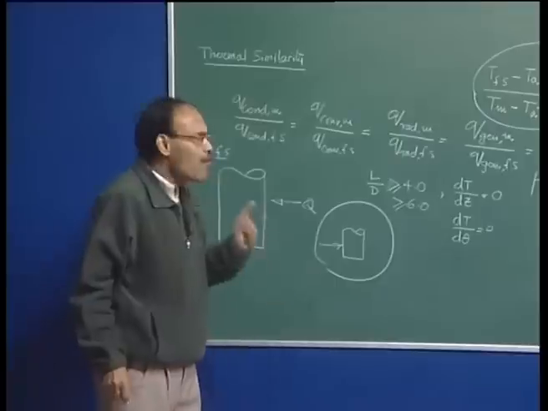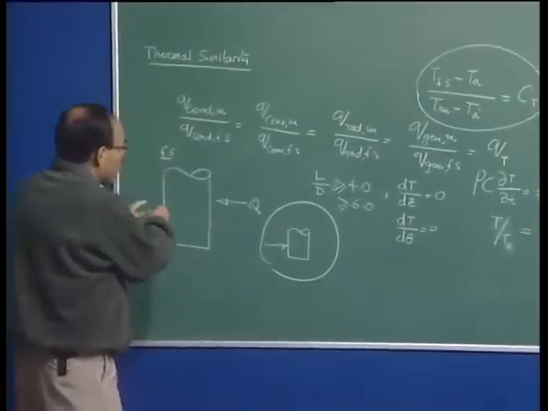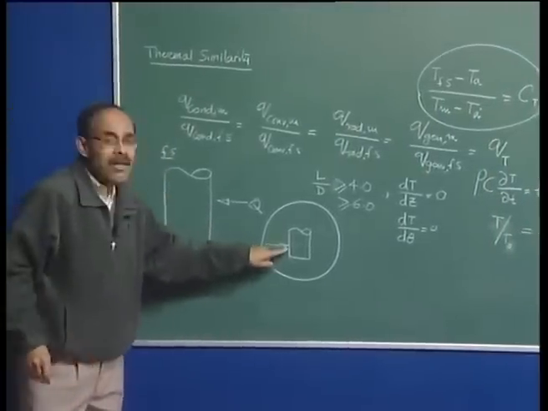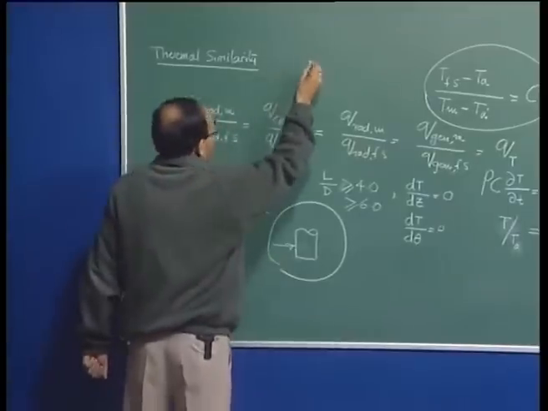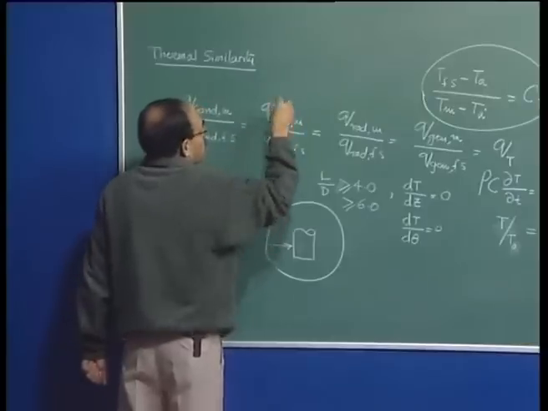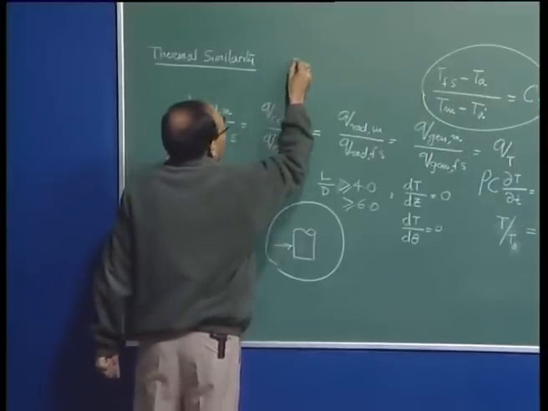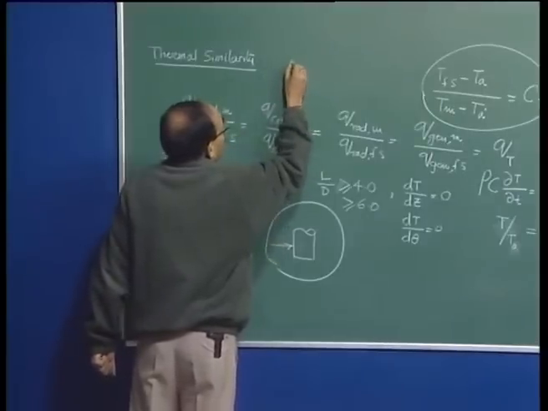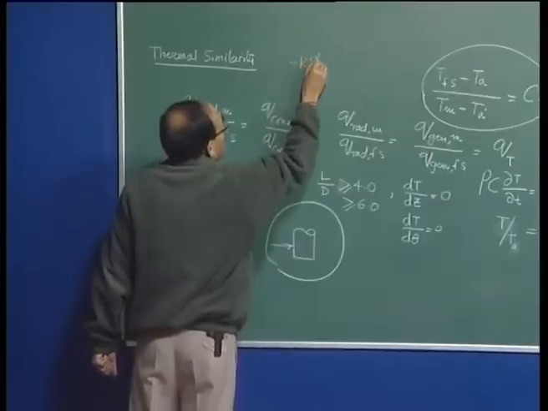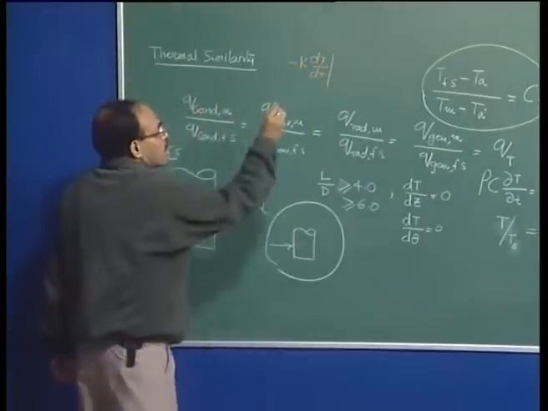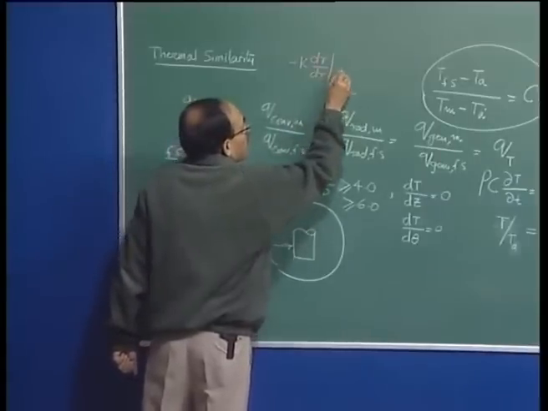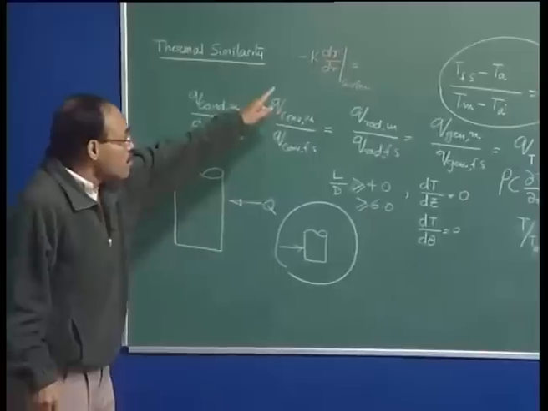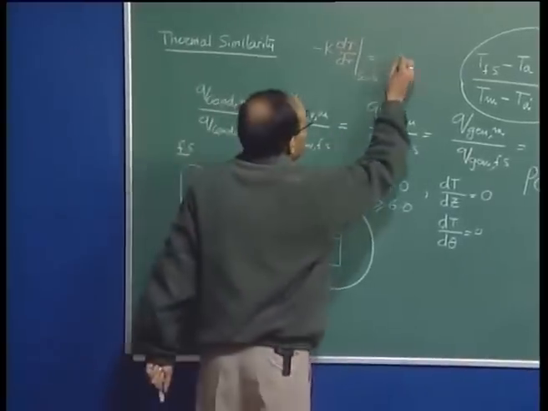Suppose I assume that heat is flowing from the ambient to this purely because of radiation, then I can say that the exposed boundary condition is going to be something like: heat flux in the radial direction at the surface is going to be, I am making an assumption that it is going to be purely